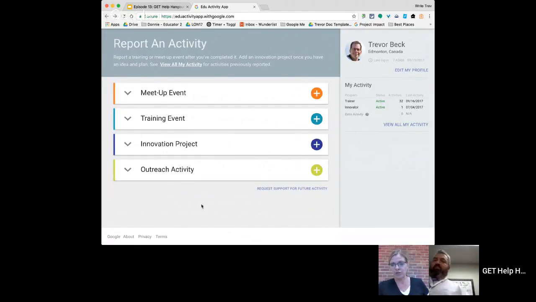A couple of tips for when you do your training: collect email addresses so you can put in the domain of your participants. If you're training one domain, you only need at schoolxyz.org. But if you have a training, event, or workshop at something like the Google Summit, you might have domains from all over the place, so just make sure you're collecting that. A good way to do that is to have a simple sign-in form or a feedback form. It's better to have a sign-in form that automatically sends your resources and a thank you via Autocrat. That way they get something for signing in, and the feedback